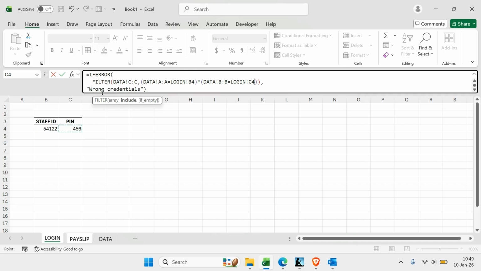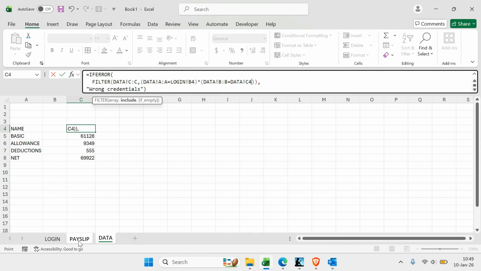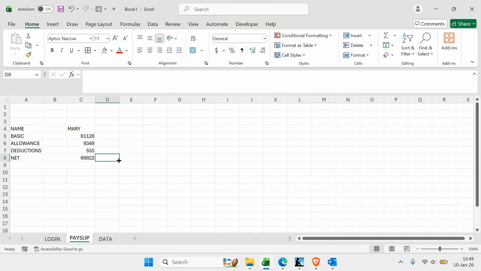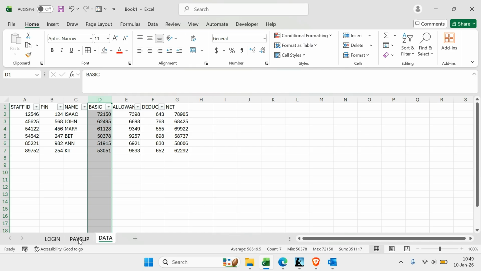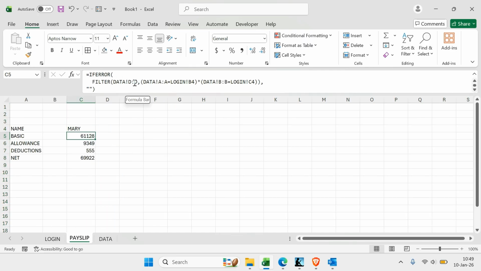If it is not, it will write wrong credentials. So basically, that's it. And then you will do that same thing with the rest of the fields. So that was for the name. Also for the basic salary, it will filter the data. The data for the basic salary is on column D, as you can see. So that's on the sheet called data, column D, and it will filter